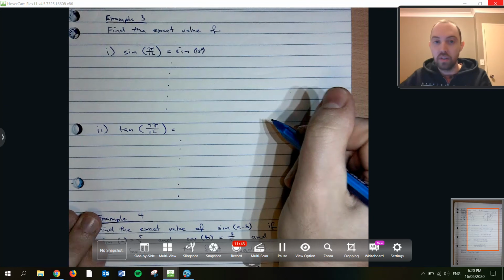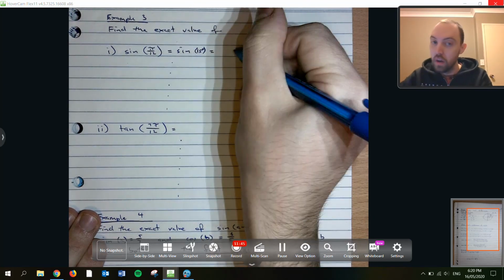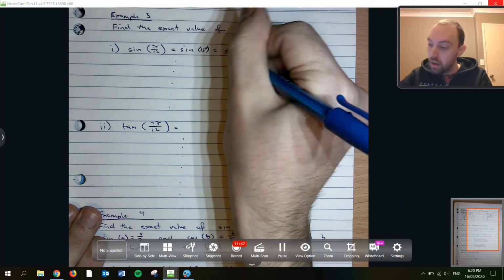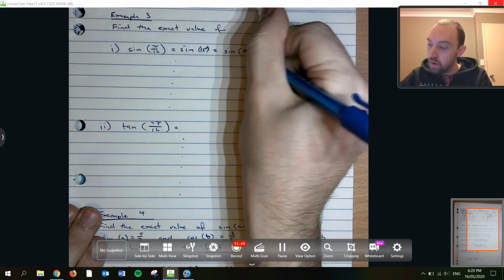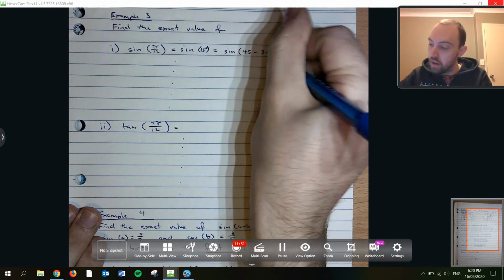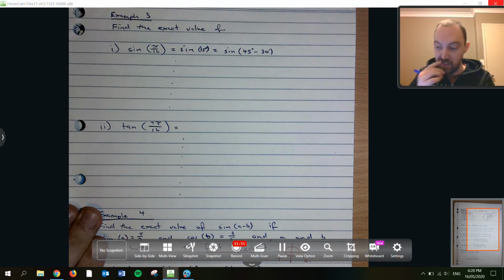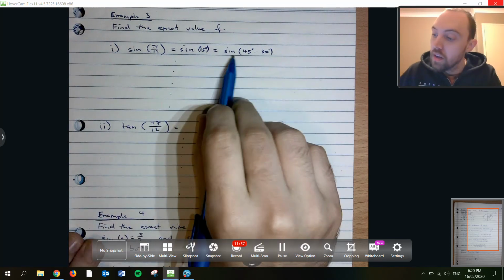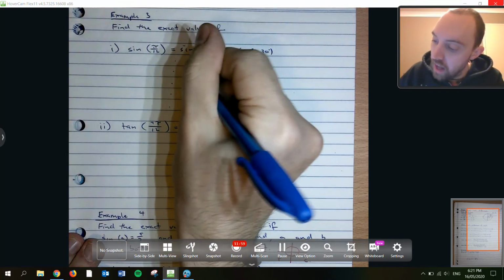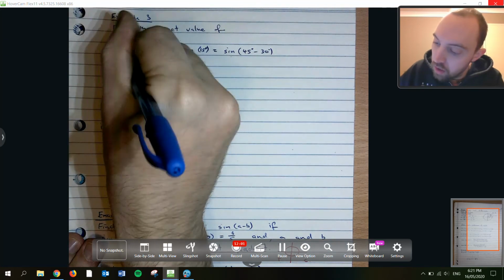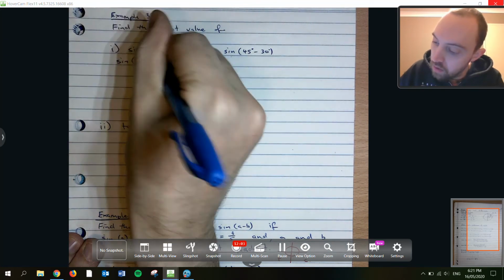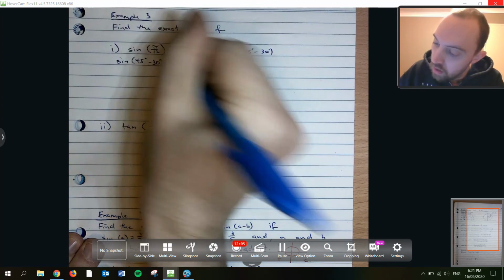And we're doing sine of 45 take 30 degrees, which means we're going to have an add in the middle. Let's go sine of 45 degrees take 30 degrees equal to